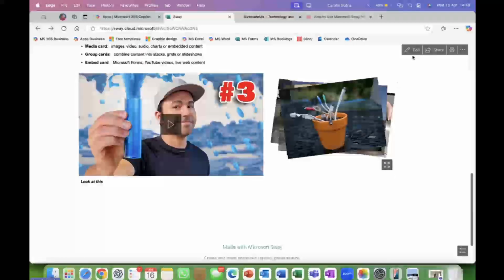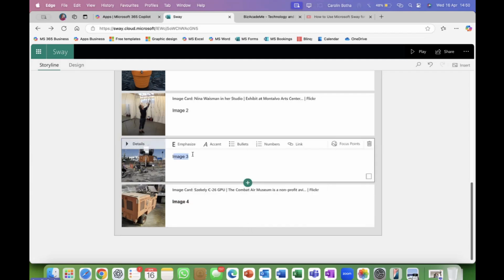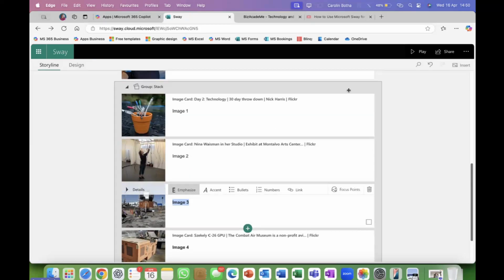Let's go back to edit and see. I can't see why it's not showing. Let's emphasize this, which I don't think is a good idea. Oh, it won't make a difference. That should be image 4. Yes, let's do some emphasizing there.